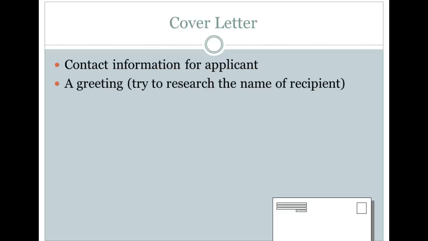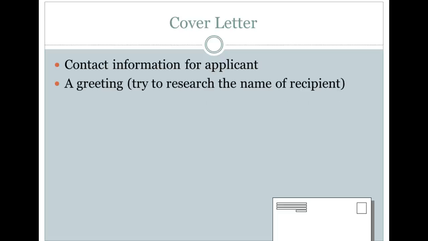All right, so that's what I have to say about the resume. The cover letter, not as much to go over with that, but make sure that your contact information is there. It is your current contact information. It matches the contact information on the resume. It is a professional email address, all of that good stuff.